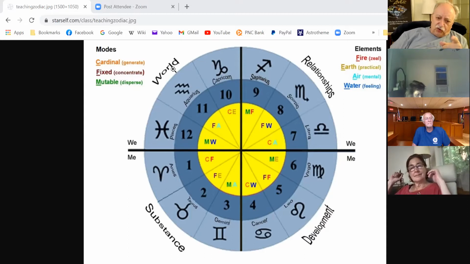And you notice the word world here. This quadrant is now beyond people. It's now into the world as a whole, the world and beyond. That really should say the world and beyond, which is when you get into these two signs. So the Capricorn has a real hard time with Sag. And this is why